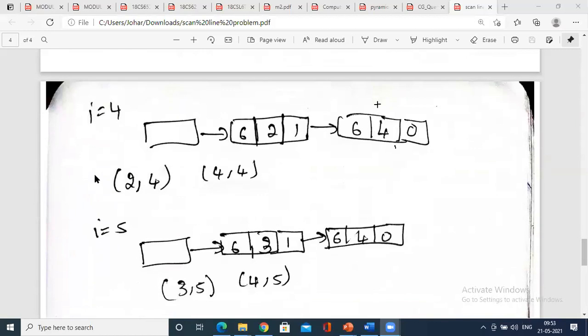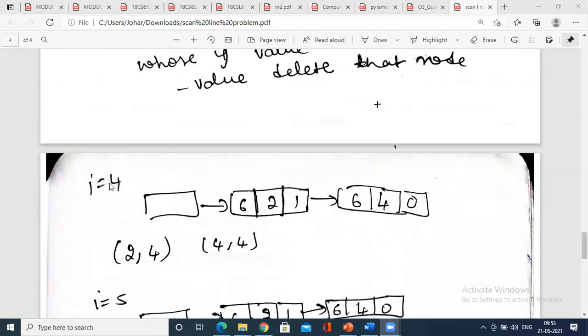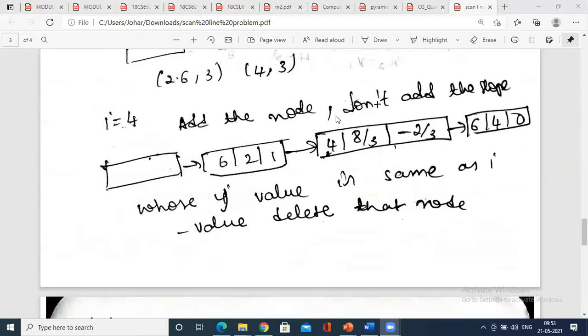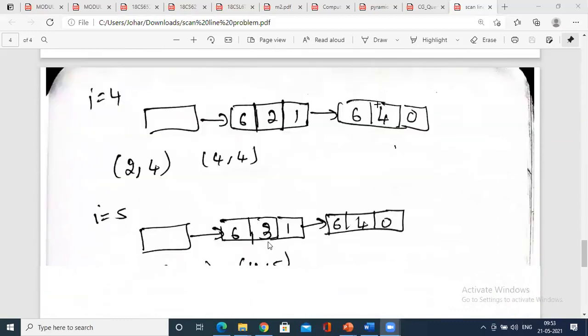The only trick you have is whenever you have the y value equal to 4, when you get a new edge, you add that node, don't add the slope, and you delete that particular node, that is the edge, where y equals 4. So you completely delete it, and from these two you have to eliminate x1 y1 x2 y2. This itself is a trick.